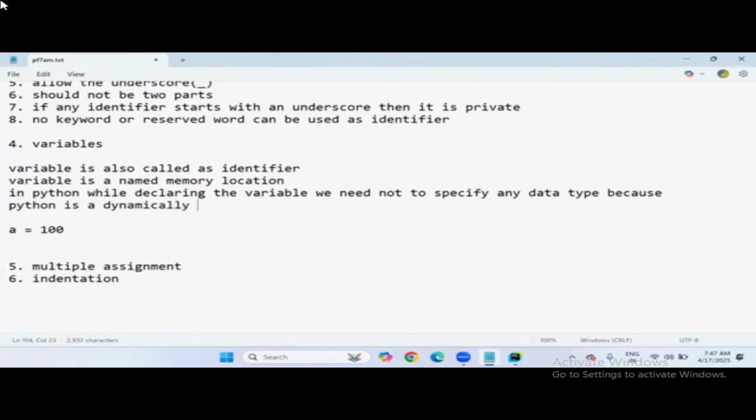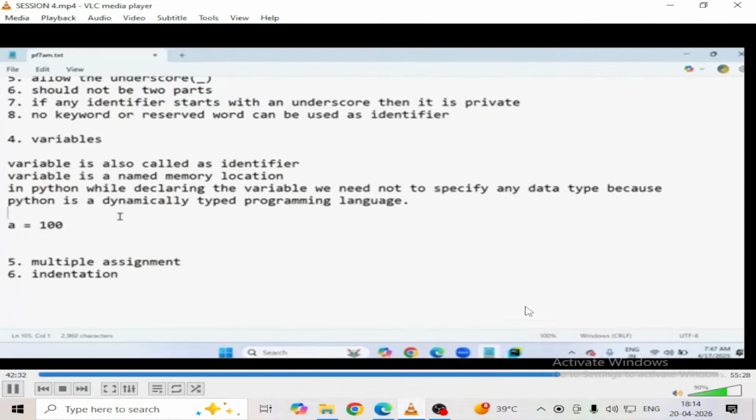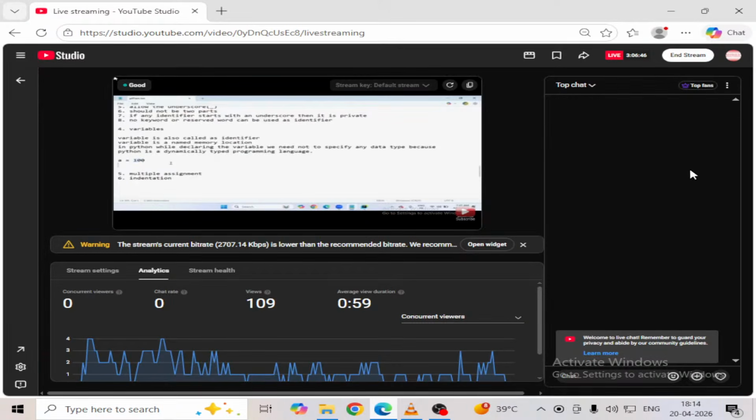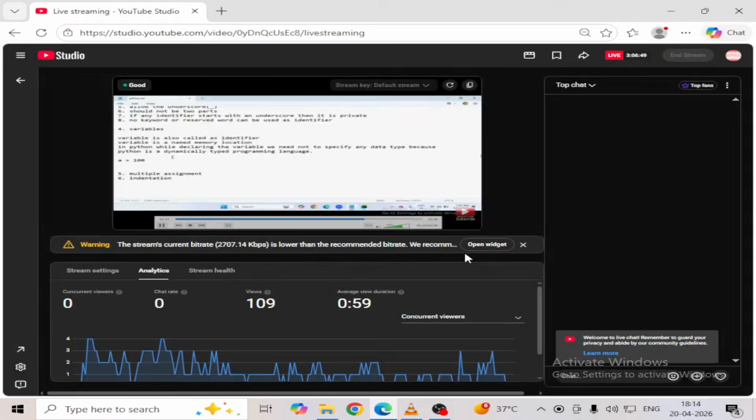It's not statically typed. You know very well what statically and dynamically typed mean if you follow my lectures from day one. In the last demo lectures, I clearly mentioned that statically typed means during the program writing time, and dynamically typed means during the program execution time. So here, during the